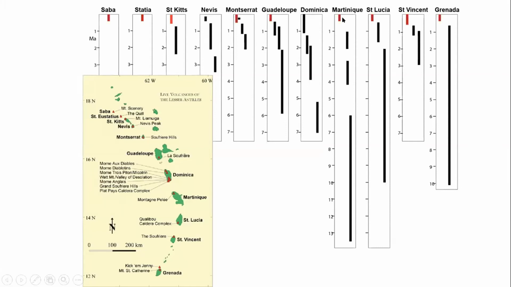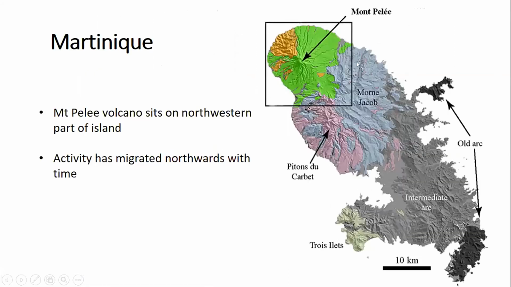So the first island I'm going to talk about is Martinique, and you can see that there have been at least 4 different volcanic periods separated by a couple of million years, a time gap before the current active volcano. So let's go to the island of Martinique, French island of Martinique here, which is meant to have the shape of a mitten. Let's see, there's a thumb here. But the key thing that you can see in the volcano we're going to focus on is Montserrat here, which is the currently active volcano.